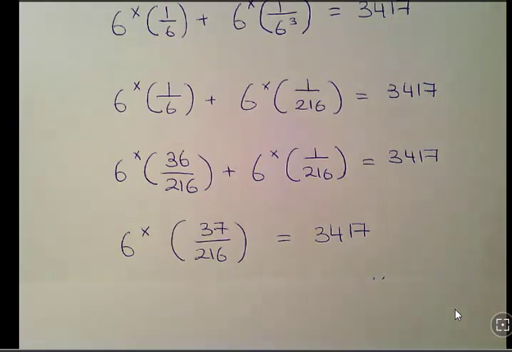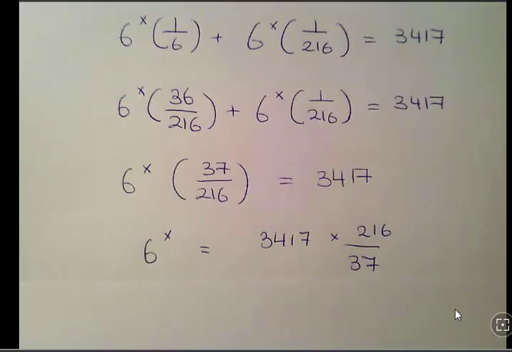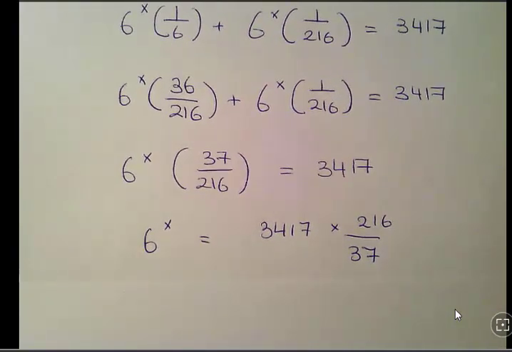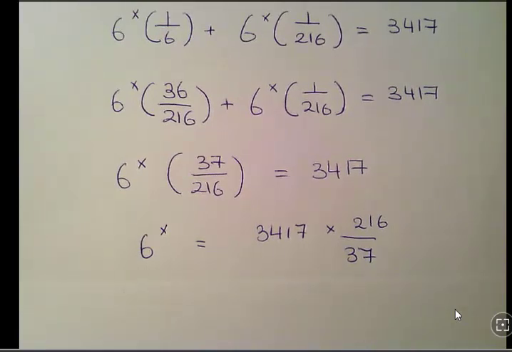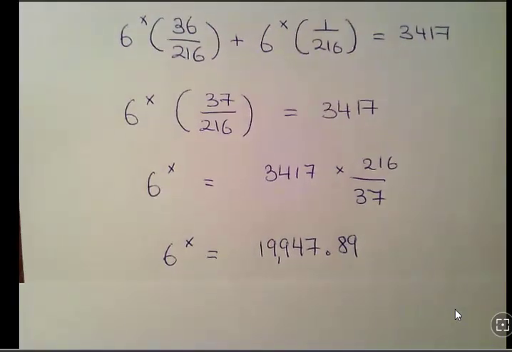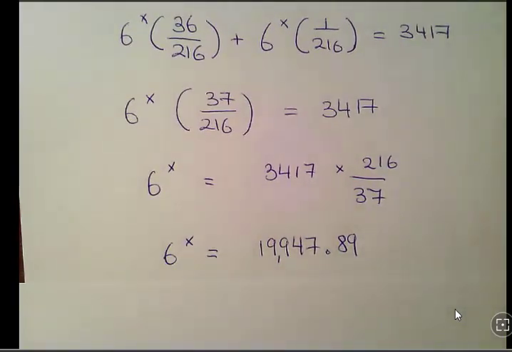As I warned you before, these numbers can get awkward really quickly. What I'm going to do here is cross multiply both sides, essentially recalculating. So 6 to the x is equal to 3,417 times 216 over 37. Hopefully numbers like this cancel out, but it didn't work out in this case. Essentially what I got here is 6 to the x equals